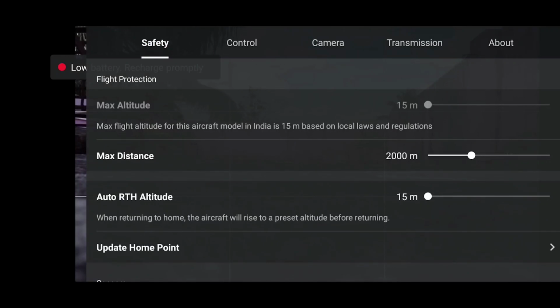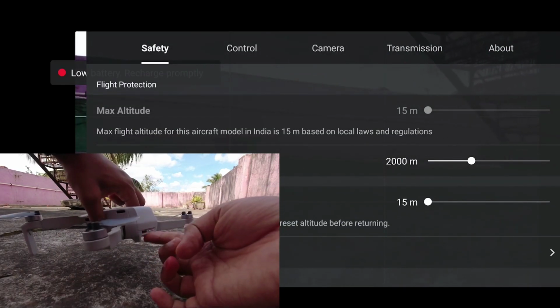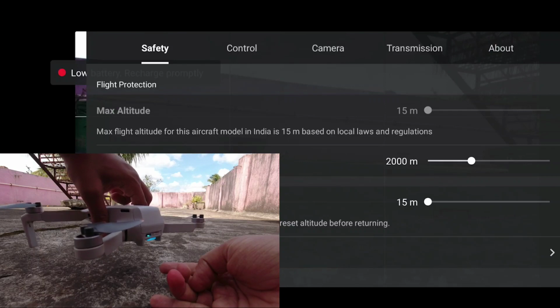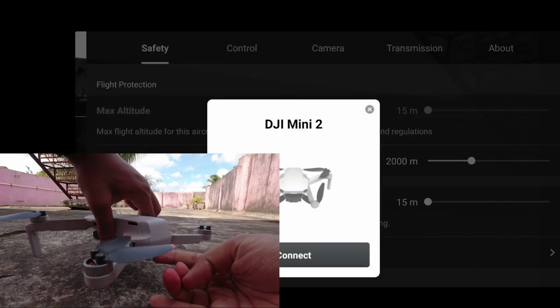Now we have checked the 15 meters hack with the NFZ certificate. Now let's use the back button hack and check whether we can exceed 15 meters or not. As usual, to follow the 15 meters hack, we just need to press and hold the back button for 2 seconds. After the first beep, we wait for 2 seconds, and after the second beep, we again press and hold the back button.